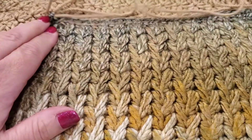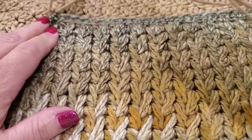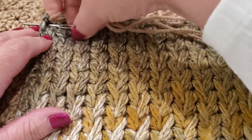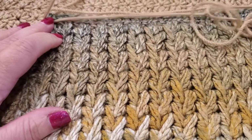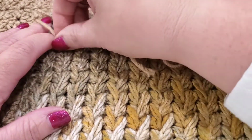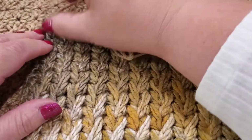And I am stitching with tan on top of the variegated yarn. So just keep on coming on down the line. Try to grab 2 strands of yarn at least from each. And the reason I'm using the tan is because when I flip this inside out, upside down, and want to wear it with the other color